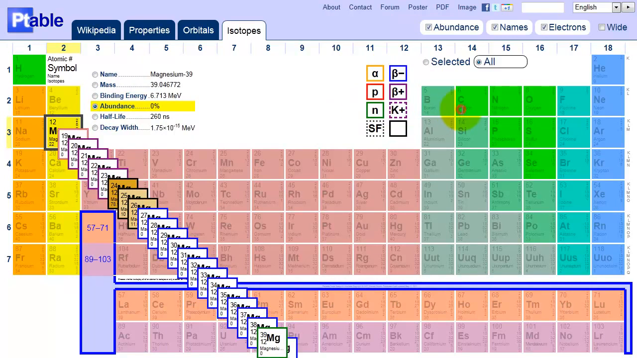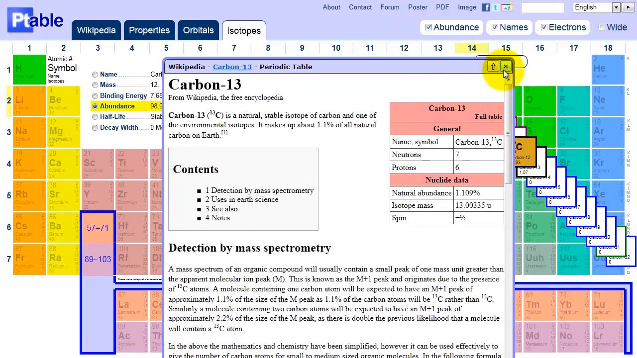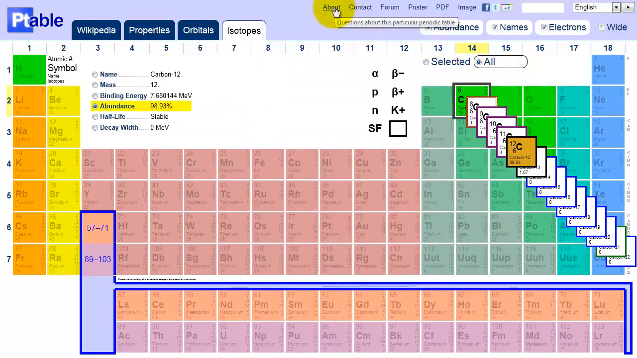Some isotopes can be clicked if they have a Wikipedia entry. The cursor will turn to a hand for these. For a text description of all features, visit the About page. If you have any comments or suggestions, visit the Contact